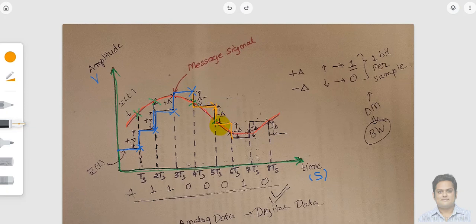Here we have come down, and we have continued for some constant value, and then here we are going to check the value of the quantized signal against our input signal. As we can see, the input signal is less than the quantized signal, so we are going in the down direction by delta steps. We are going to continue on a constant voltage value for the next sample.